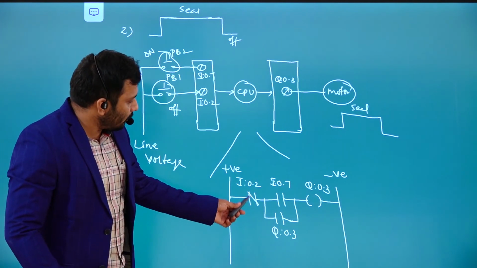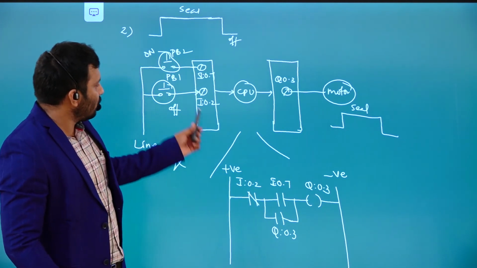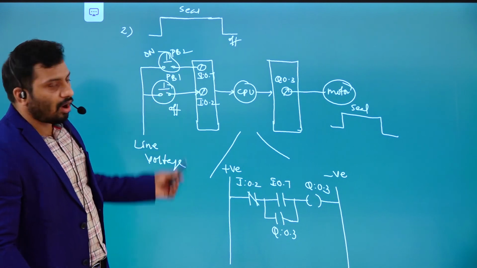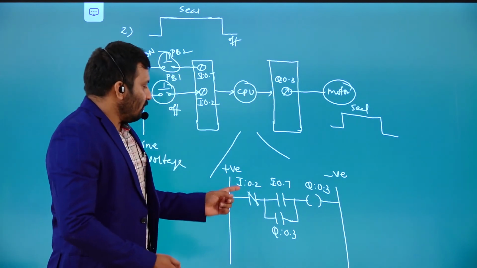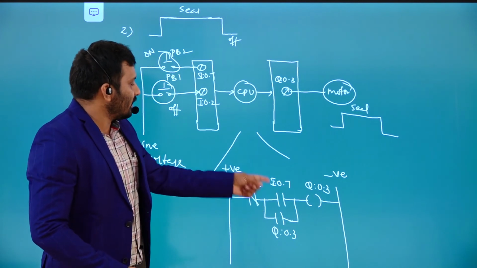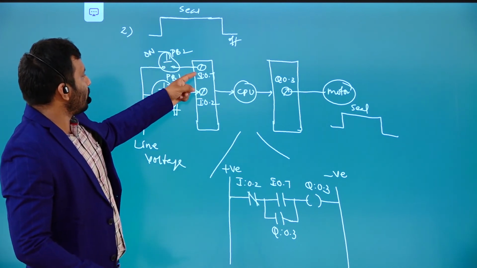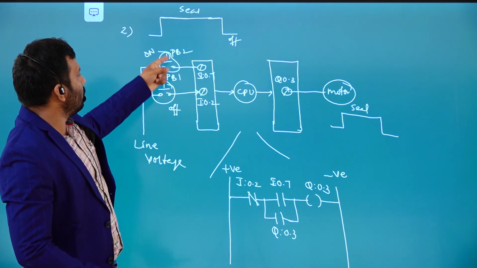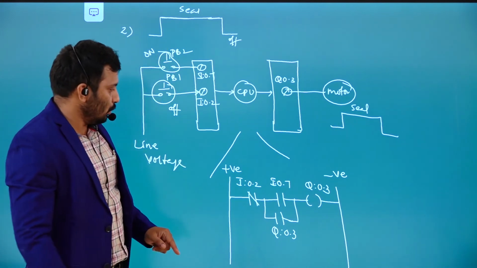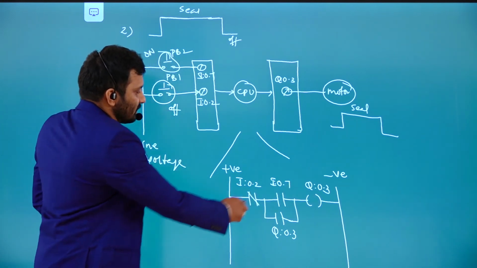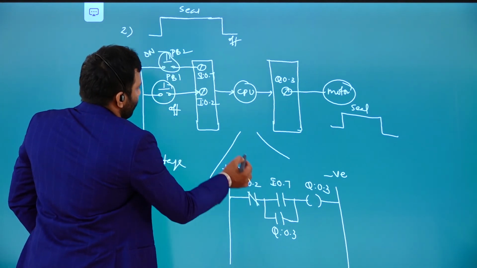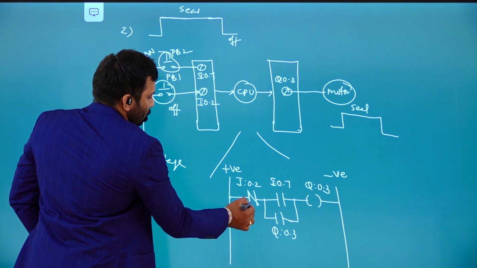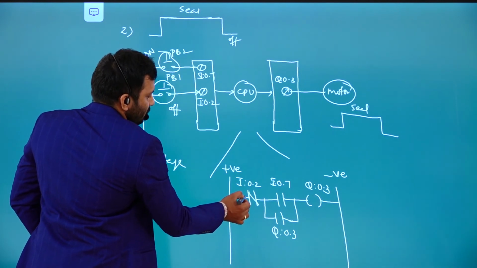For this particular normally closed contact, I gave the address of the push button which is going to be used to off the motor. For this contact, I gave the address of the push button connected to the 8th terminal, which is going to give the signal from push button 2. So for example, in this condition, you see, it is normally closed.